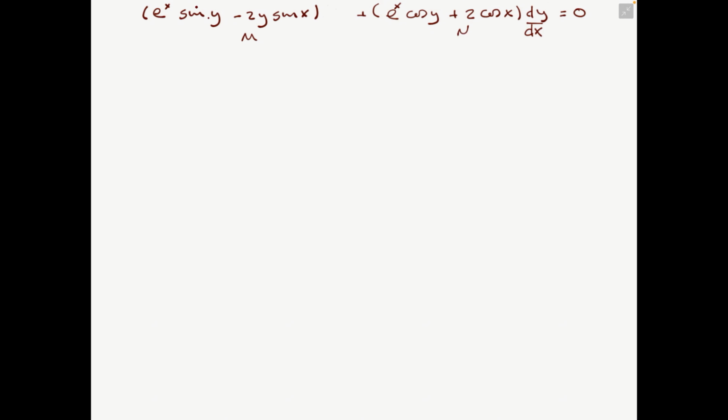But let's go through our process. First we divide through by dx, so that means we have dy dx over here. This becomes M, and this is our N. So the partial with respect to y of e to the x